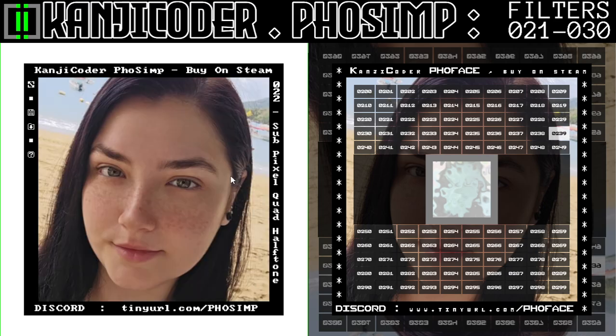Okay, so now that we've kind of explained what we're doing, let's make something cool with all the filters we explained so far, and try not to use any filters we haven't explained up to now. So, using filters 1 through 30, can we make something cool? And I think we can. So, first of all,